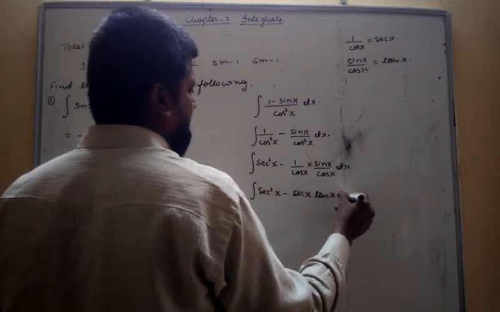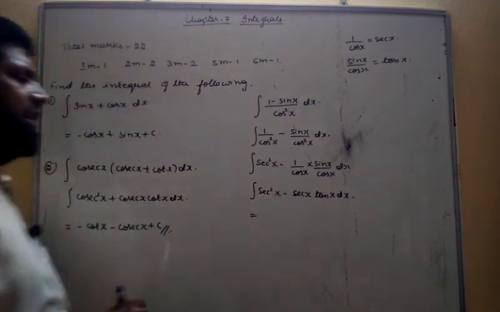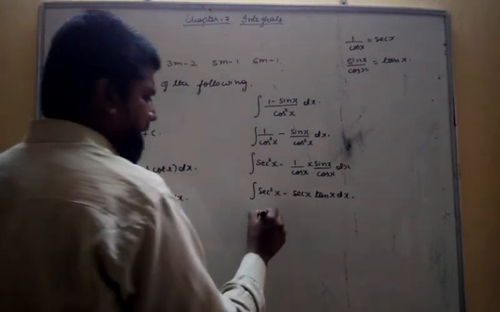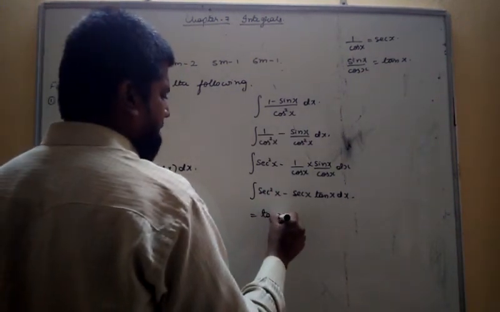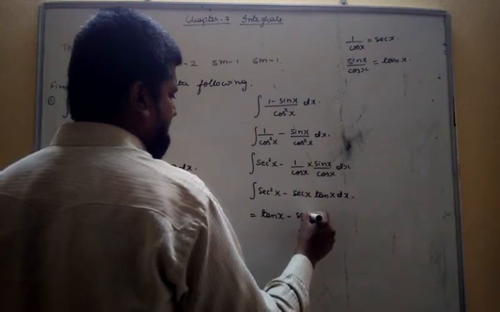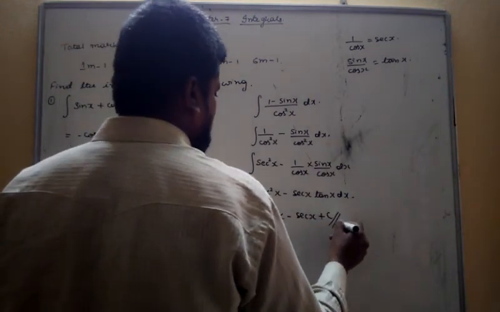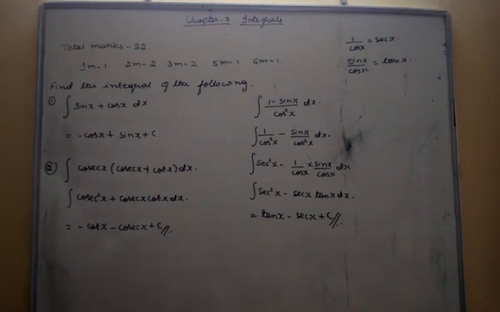So now we know the integration of this. Integration of secant square x is tan x, then integration of secant x into tan x is secant x, plus c. So this is the answer. Okay, so these are the problems we have solved now, and some before that in the previous classes. So take down the assignment questions for the antiderivative and also integrals.